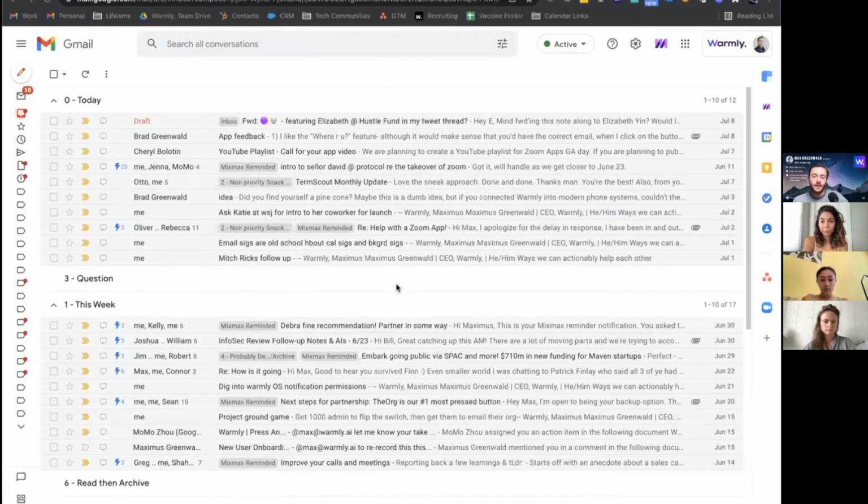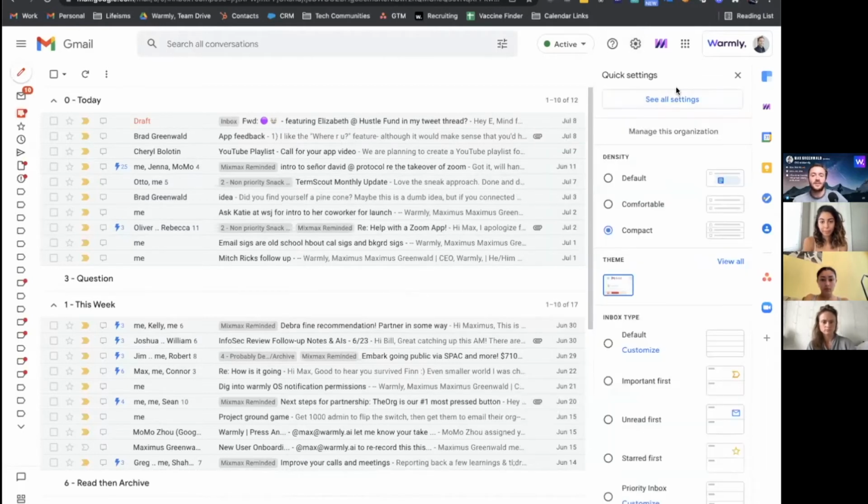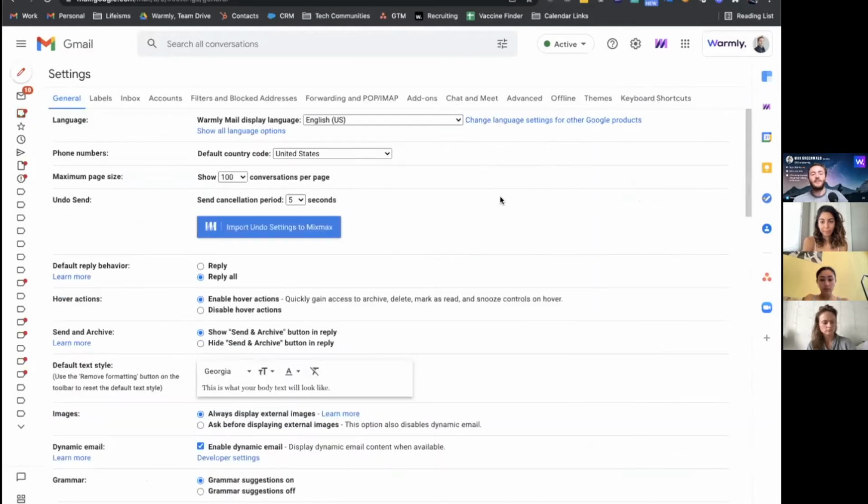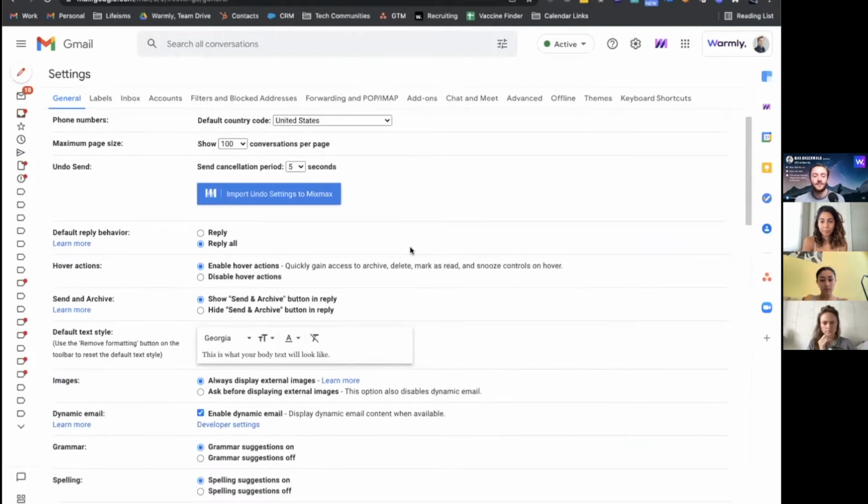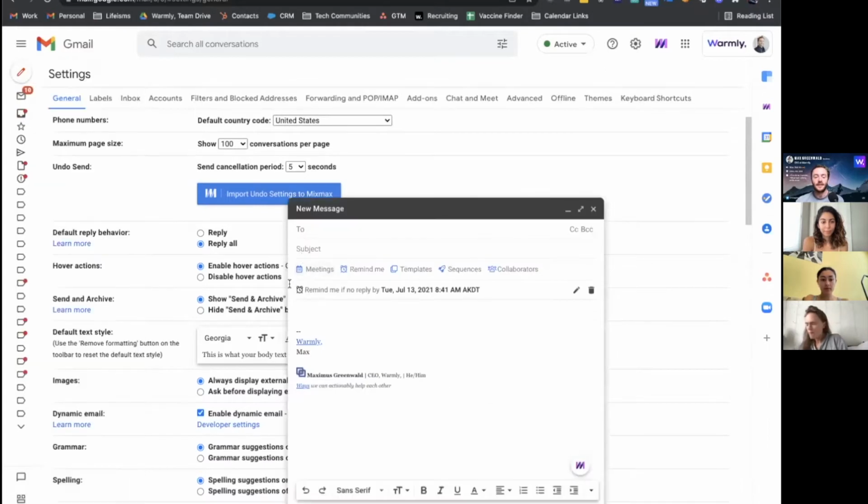A couple other little things. I guess I'm very obsessed with email, and I hope you will be too one day, because I think shaving seconds off your time in emailing every day will really add up over the course of a month, a year, et cetera. So other things that I do, for example, are I use the archive function to get rid of emails. So I have a send and archive button and reply turned on, which means that when I send an email,